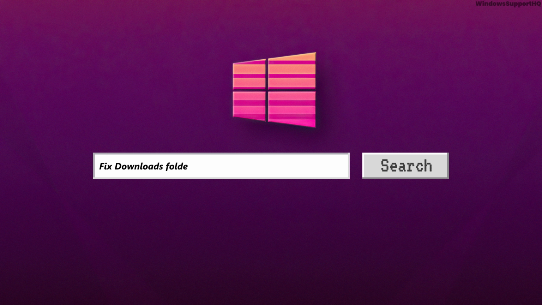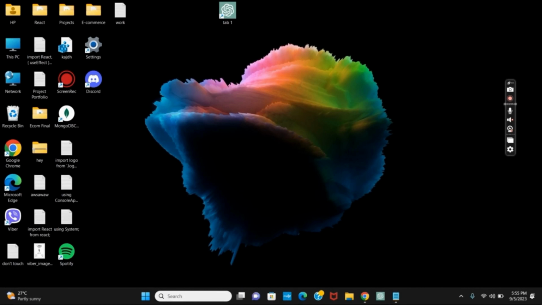How to fix downloads folder not responding on Windows 10 or 11. Hello everyone, if you are irritated due to this not responding error caused in any folder such as downloads and documents, the main reason of this could be the corrupted files and folders that are available on your device. To fix this issue, there are two ways, that is, two commands that will help to clear out the corrupted